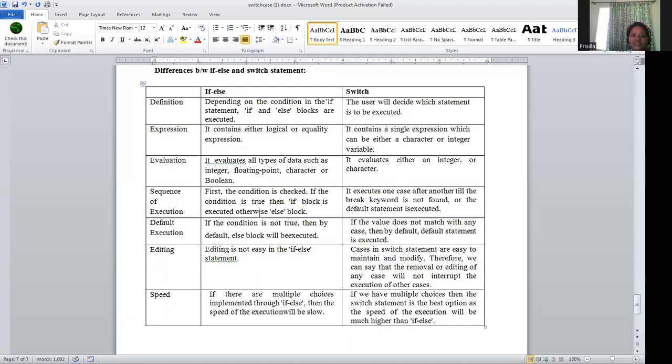In sequence of execution, the condition is checked. If the condition is true, the if block is executed, otherwise the else block is executed. Whereas in switch statement, you have a number of cases. If there is no break statement in a case, all the cases will be executed. Otherwise, if there is a break in each case, only that particular case where the case matches with the